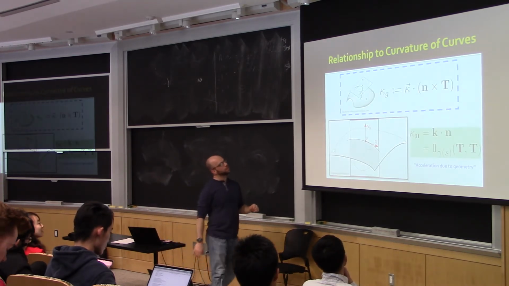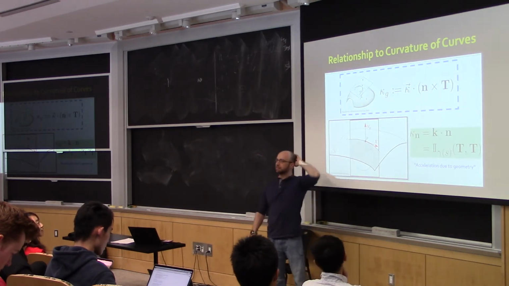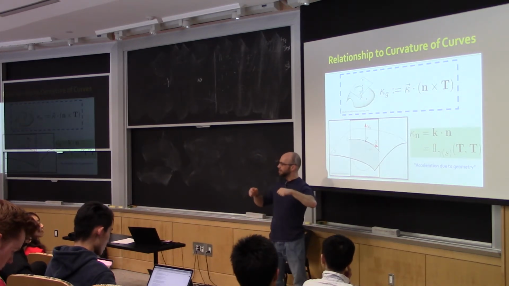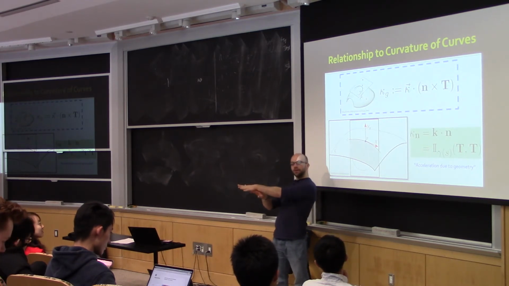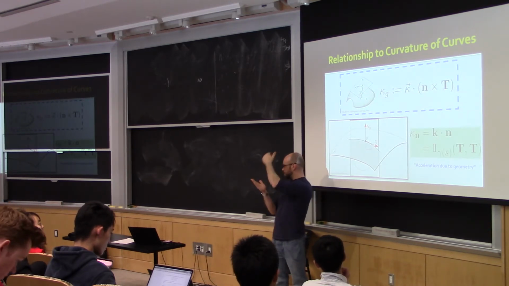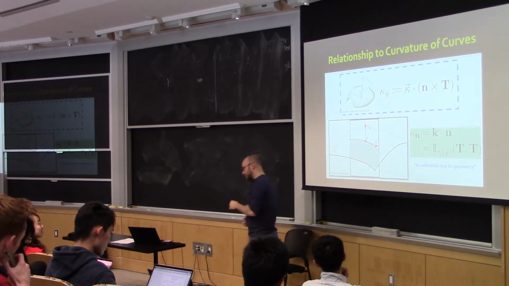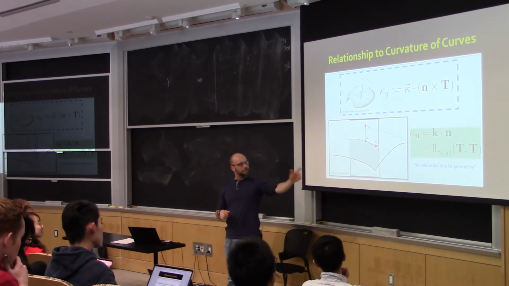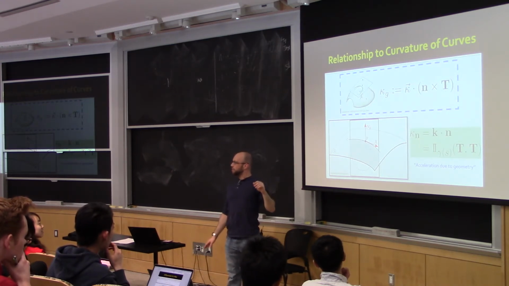Right, so the point here is now I'm driving a car along my surface and I'm trying to analyze the force that I experience as the driver. Remember that we took that vector, the force that I'm experiencing in the car, and decomposed it into two pieces. There's the piece that's tangent to the surface and the piece that is orthogonal to the surface. And I made a claim, which is that the piece that's orthogonal to the surface is actually just a function of the geometry. It has nothing to do with my driving.